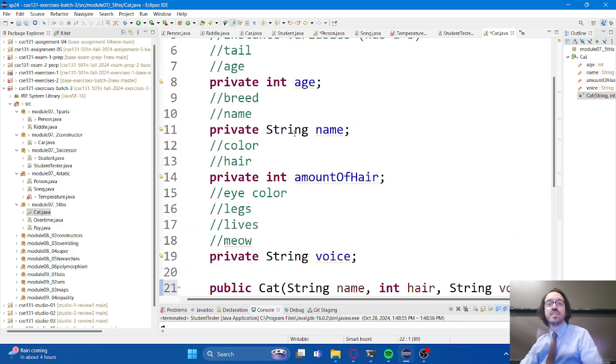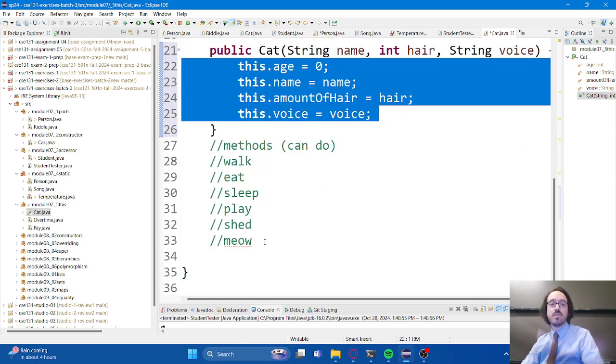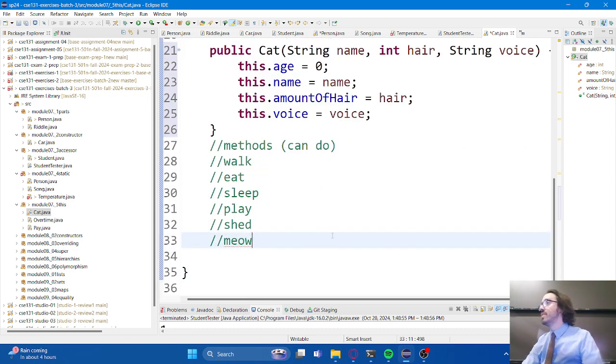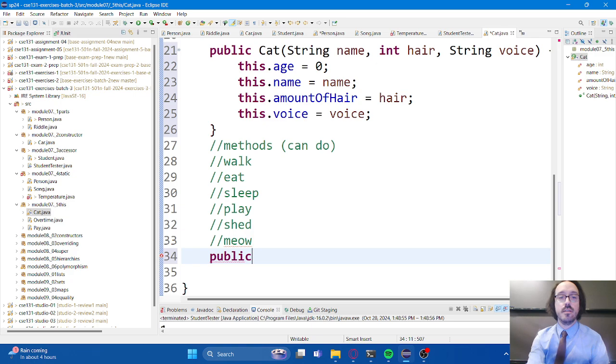So now let's come down and talk about some of these other methods. I'm going to choose the methods based on the instance variables that we have available to us. So I definitely want to do this meow method right down here. A meow is a cat's way of saying something. So to me, and maybe you disagree, you're welcome to, that just means printing whatever the cat says. That's how I envision this method working. So if all I'm doing is printing whatever the cat says, then I think a good return type would be void, right? And I'll call it meow.